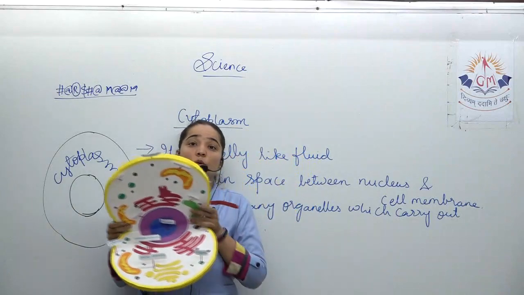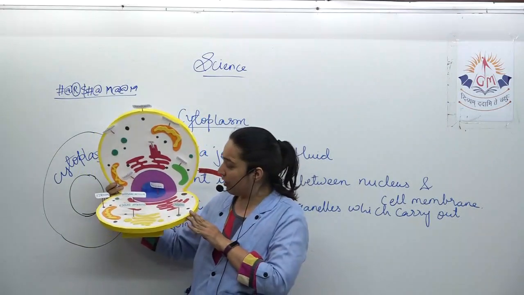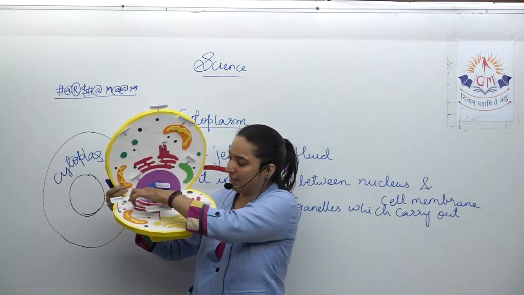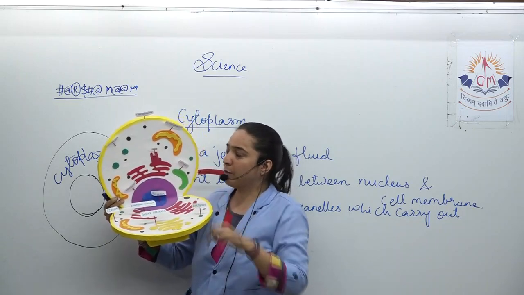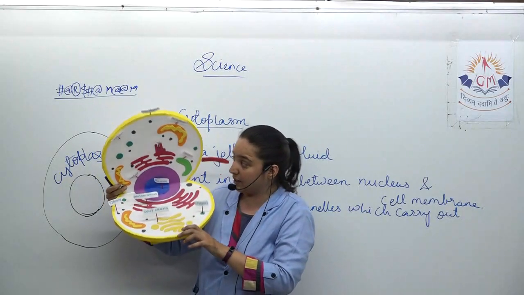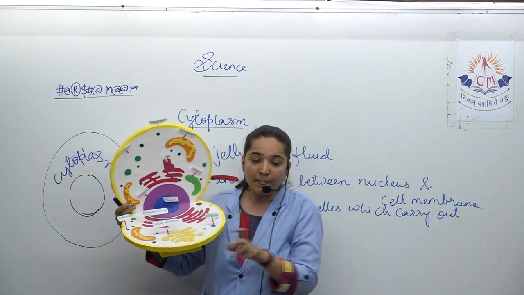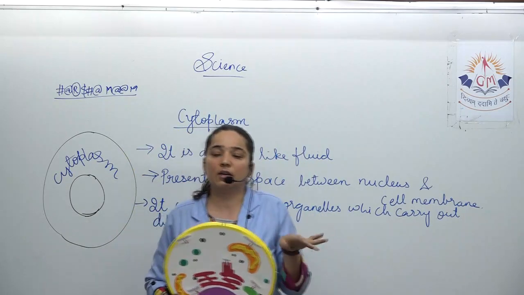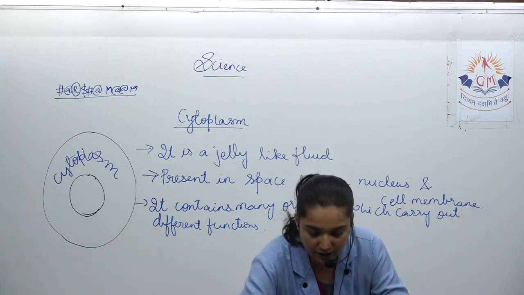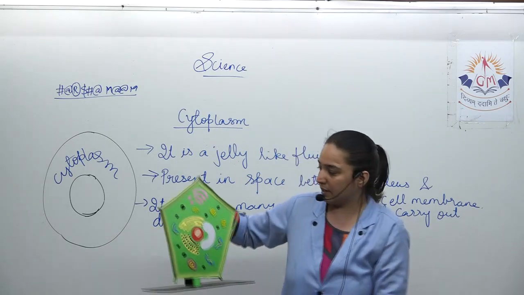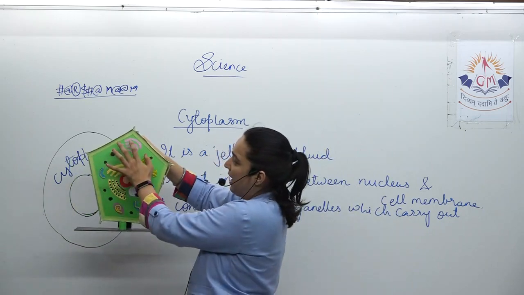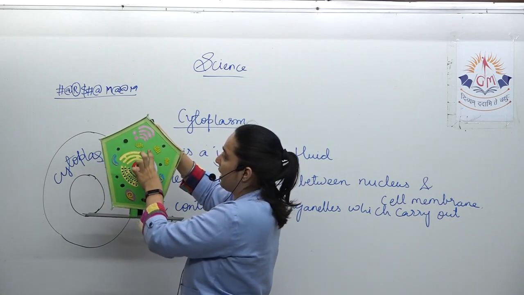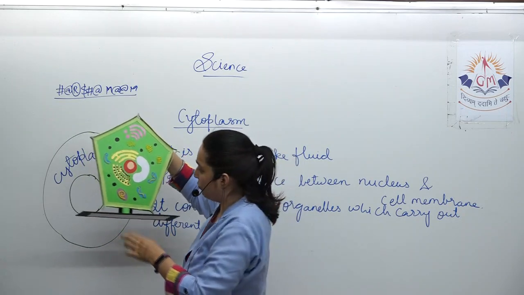All these organelles we are going to study, and this is just a model in front of you. You might not be able to see the tags over here, but I pronounced them for you. Even this is an animal cell because it has only one outer layer and is almost always circular in shape. Here you can see the plant cell, where you have mitochondria and chloroplast. Again, the black dots are ribosomes.